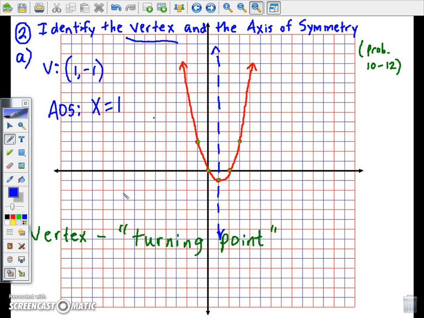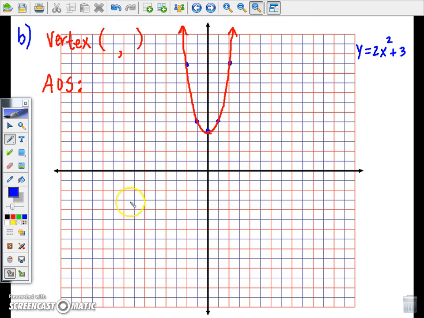And what's an easy way of remembering what that number is? Anybody? X equals 1. Where does the 1 come from? Hannah. All right, and what part of the vertex? The x-coordinate. The AOS will always be the number that is the x-coordinate of the vertex. So it's easy to remember. Okay, I got one more of these. So let me see, Reagan Adams, can you give me the vertex for this letter